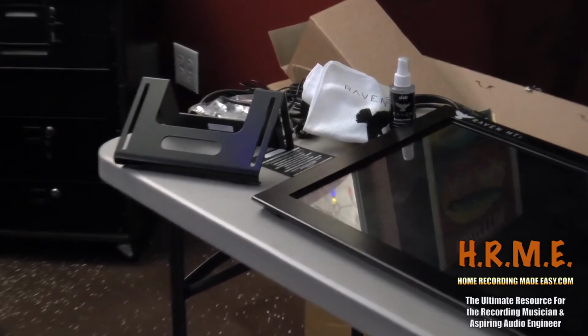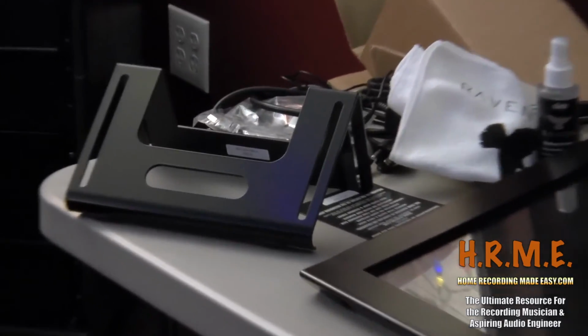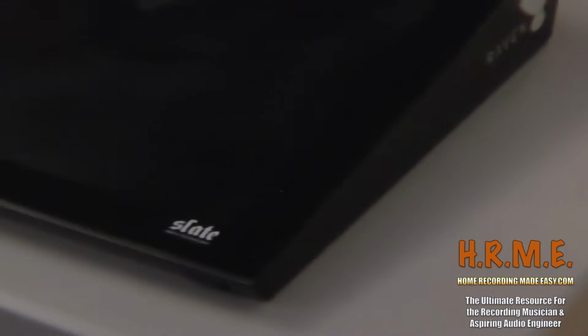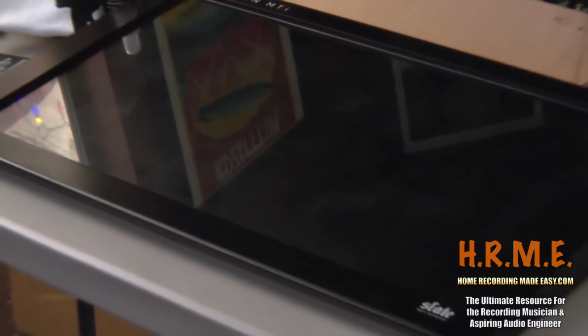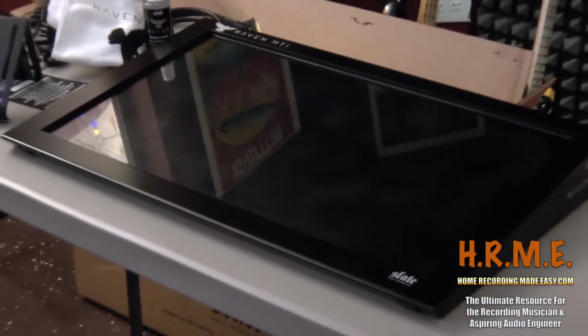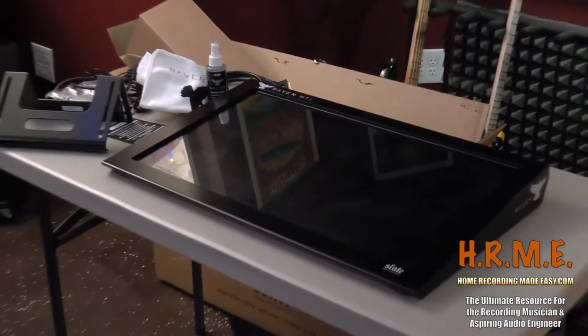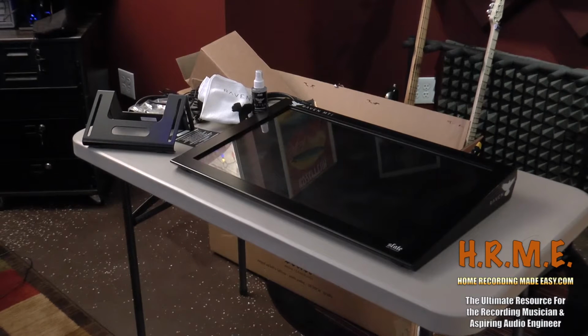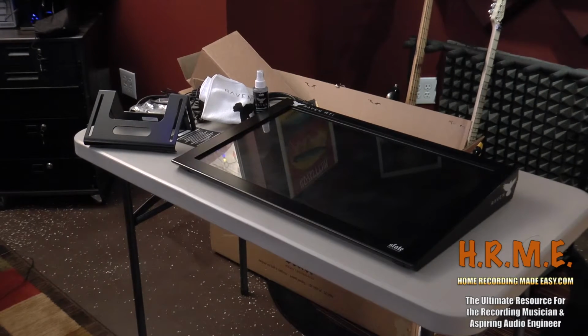And there's the stand, metal stand, all the cables. Again, looks to be very well constructed, made all out of metal. Really cool. So now what I'm going to do is I'm going to pause the video here. I'm going to install the stand on it and get it set up on this side table to my workstation, because I don't think it's going to fit on my current workstation,